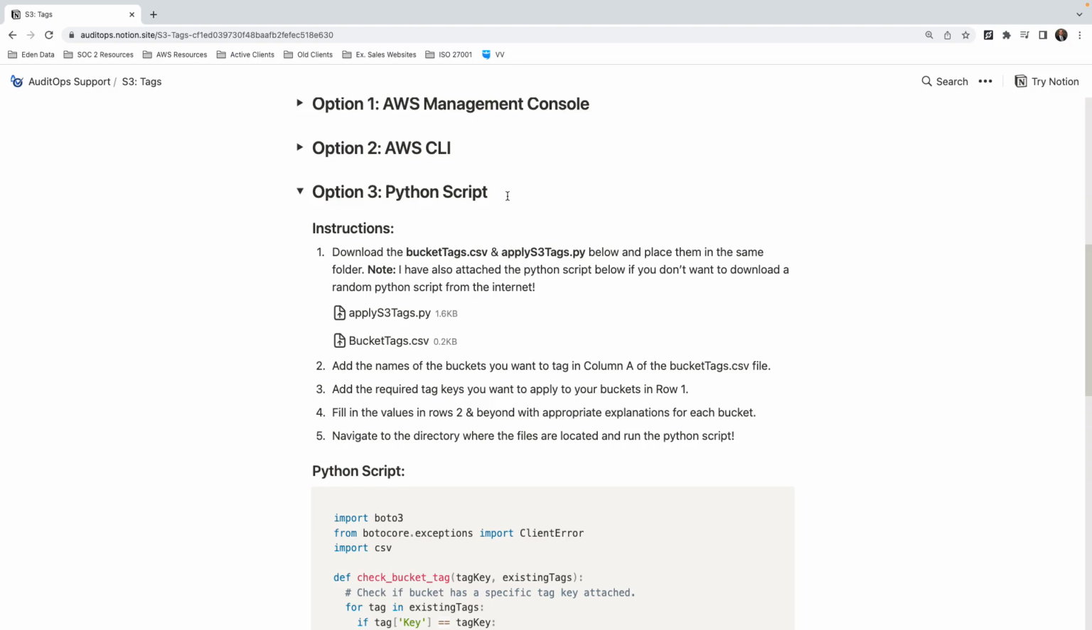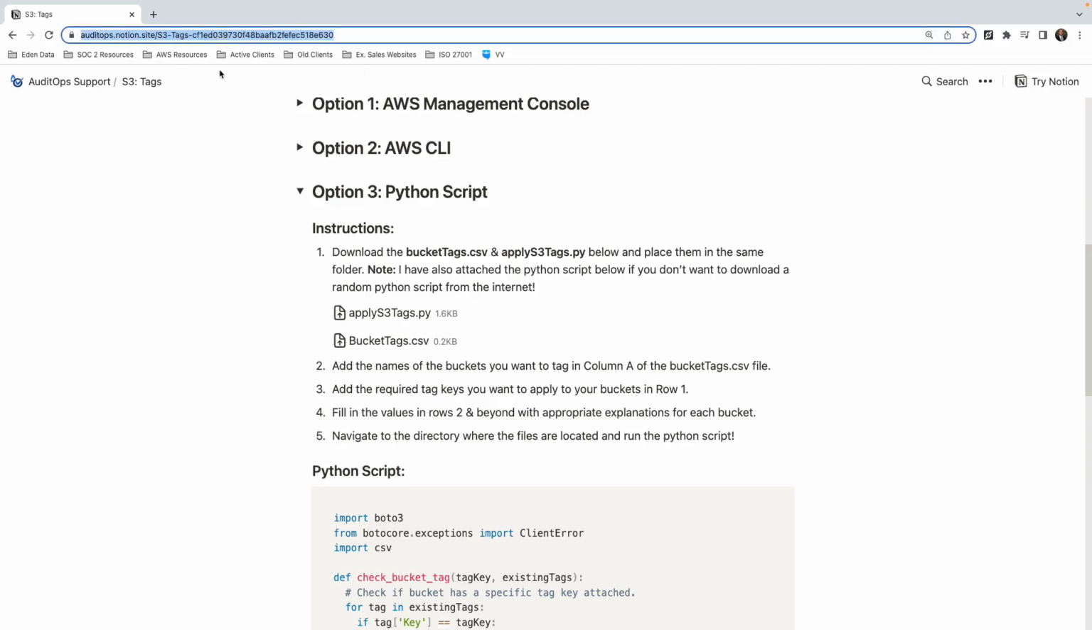Hey, what's up everyone? In this video, I'm going to walk you through how to apply tags to S3 buckets using a Python script. So this is all linked in this Notion page, which I'll link in the video description below. But the first step is that you need to download the bucket tags.csv and the apply S3